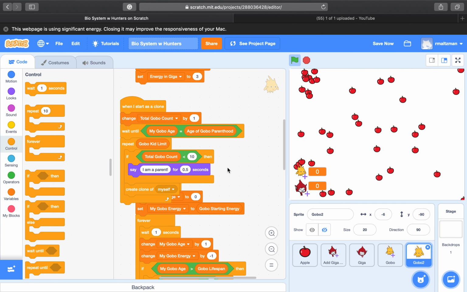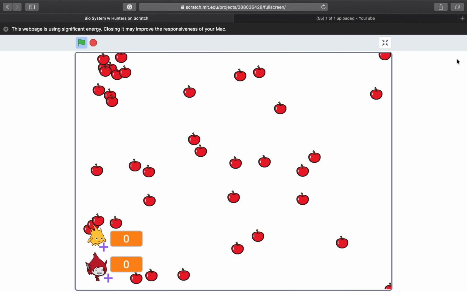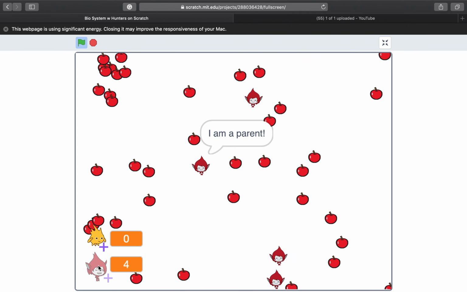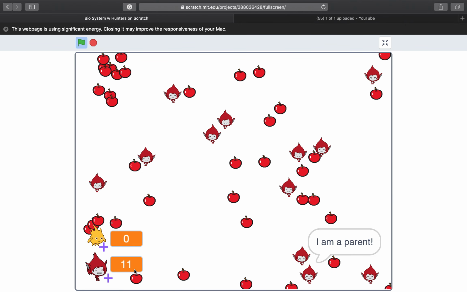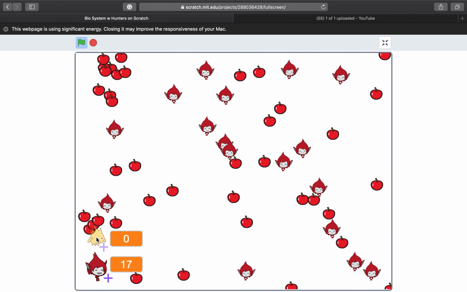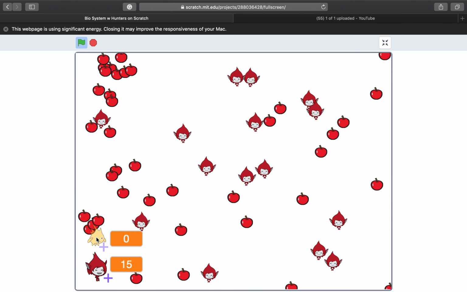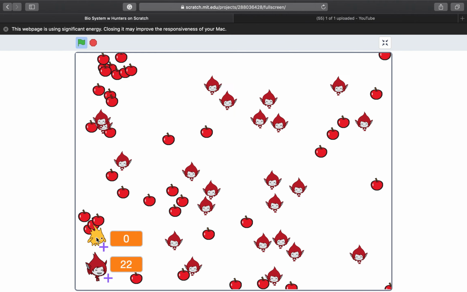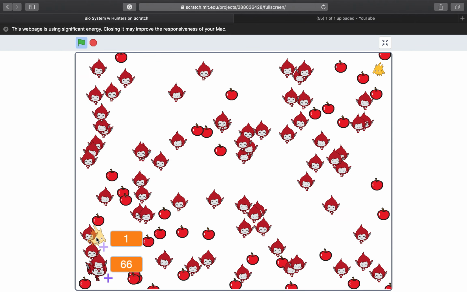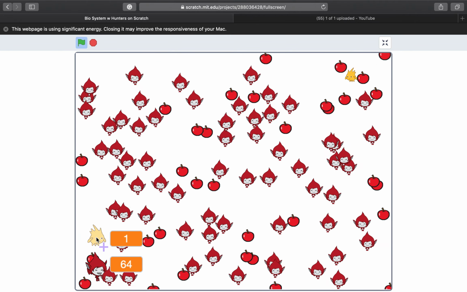Okay. Yep. All right, so let's go ahead and see if that changed it. Let's see if we can make it, with that one change, maybe we can make a more sustainable system. Let's see. So we've got our gobos here. Or no, these are called gigas. So I've got our gigas. Start with 4 of them, but they'll quickly multiply because that's what they do. That's what being a parent is, by the way. It's just that easy.